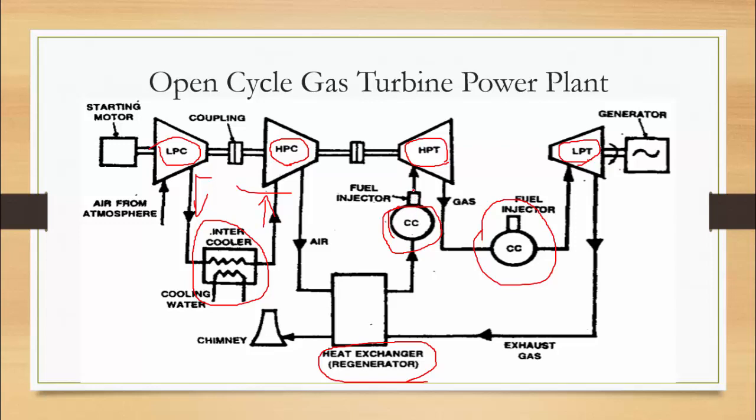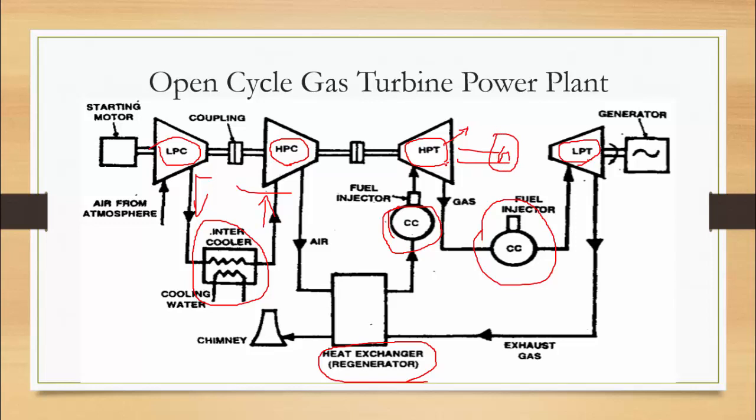Then the exhaust gas with high pressure is sent to the high pressure turbine, right? In the high pressure turbine the exhaust gas starts to expand. This expansion makes the turbine blades rotate. Because of this rotation, mechanical energy is created in the high pressure turbine. Part of the mechanical energy generated by the high pressure turbine is given to the compressors for their further running, and the remaining power is given to the generator unit to produce power.